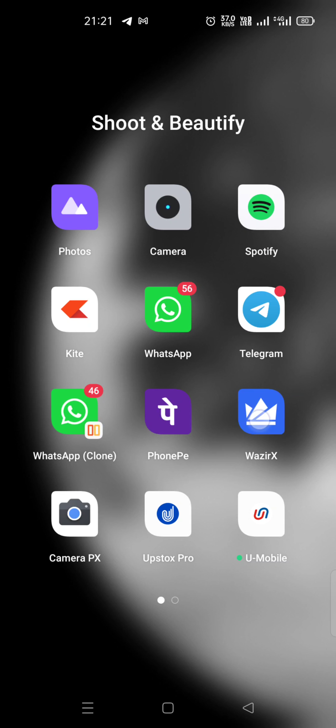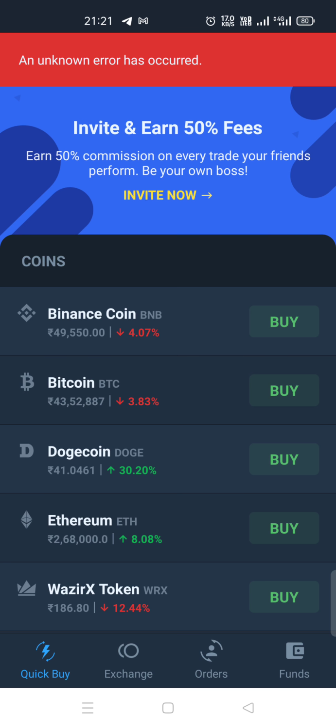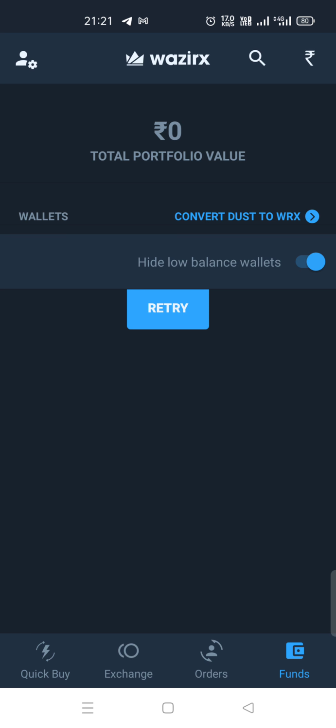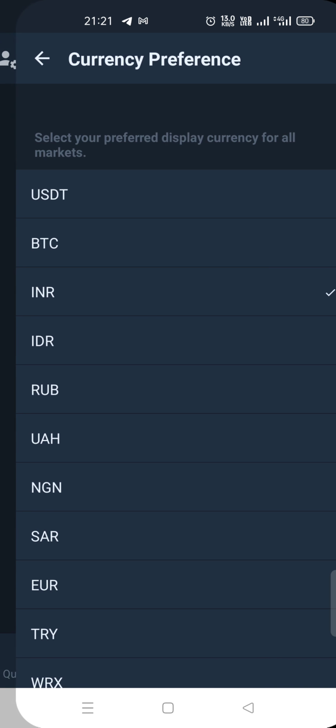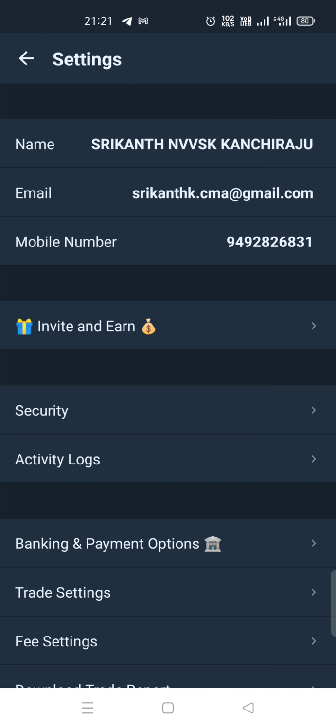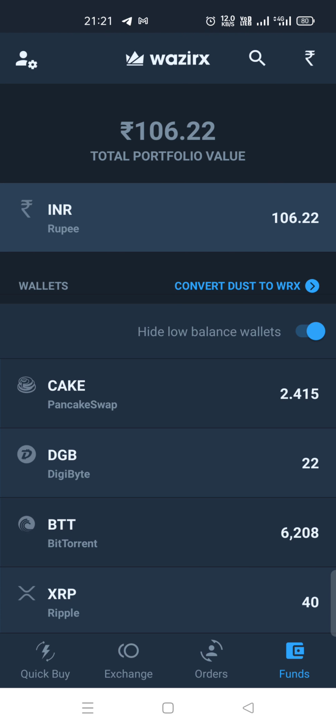Since it has certain withdrawal limit conditions, after you do this, it automatically sends your money back to Vazrix. Hope you guys understand this process. You need to verify it, and then it will be transferred directly to your Vazrix account. From there you can again convert when you go to Vazrix. In the fund section, Vazrix is down right now, it's on maintenance. But after you get these things, there is an option called withdraw, and from here you can withdraw your money also.